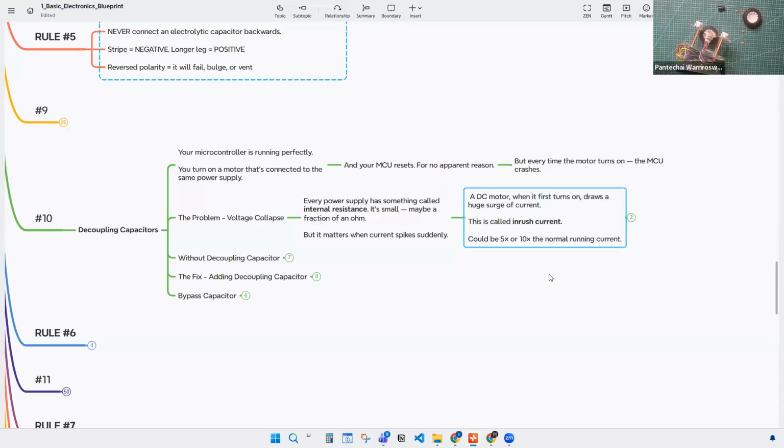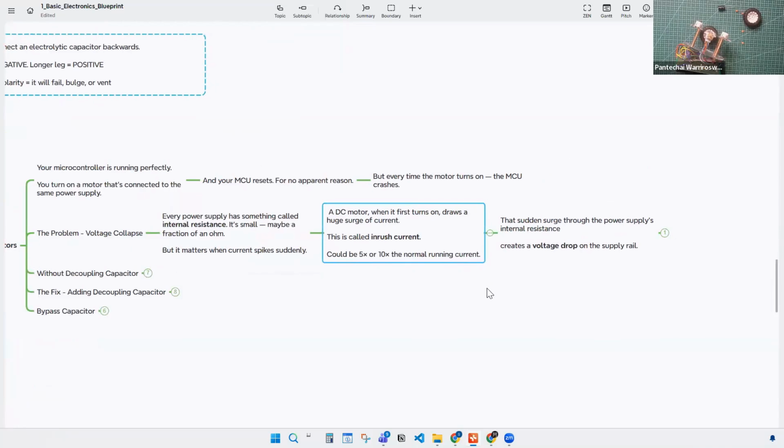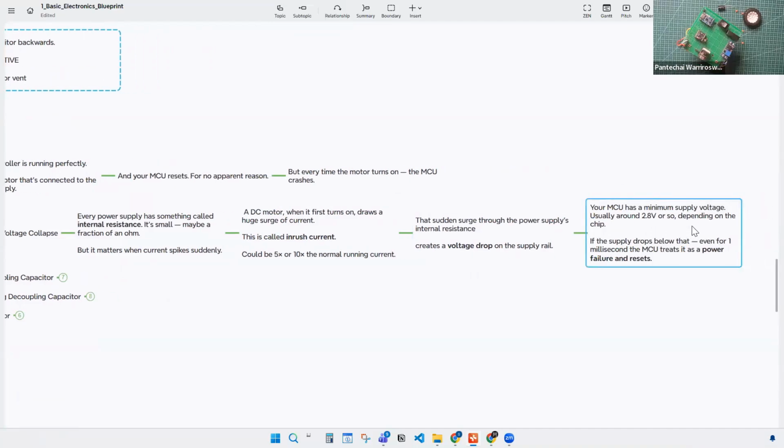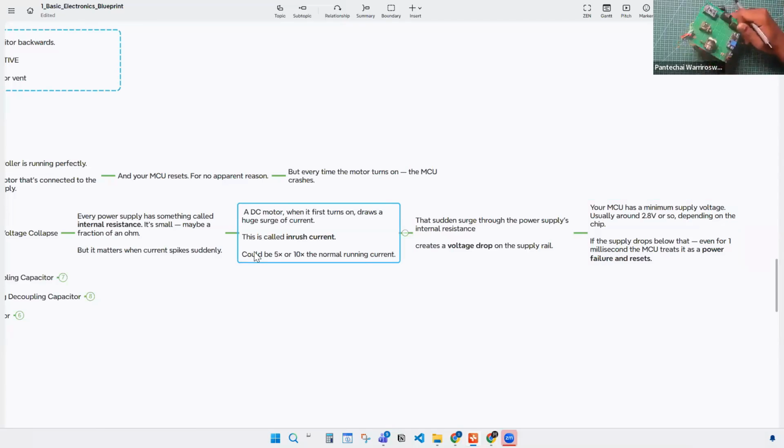That current is known as an inrush current. It might be 5 or 10 times more than the normal required current. That kind of current rush is going to cause some voltage drop for the microcontroller. Imagine your microcontroller needs 3.3 volts or something, and because of the inrush current that happens when the motors run,